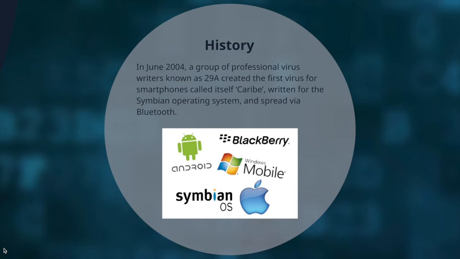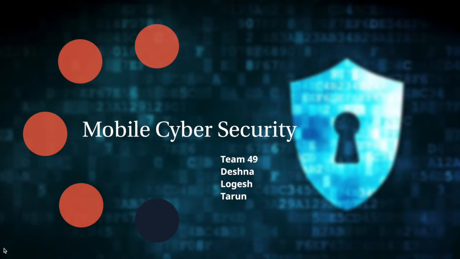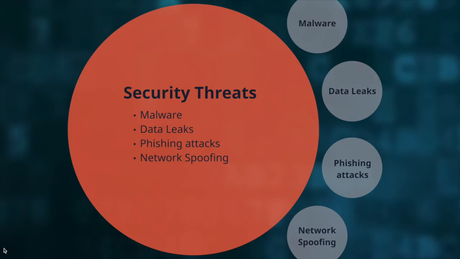Companies have also started placing bounties for those who discover security issues, encouraging hackers to find vulnerabilities in the system. One such example is Google Project Zero, which is a security unit within the company, and the role of the project is to find vulnerabilities in popular software products. The team reports the bugs to the responsible company and gives the company 90 days to fix the problem and then makes it public. Taking advantage of the vulnerabilities, the most popular attacks are malware, network spoofing, phishing, and data leaks.